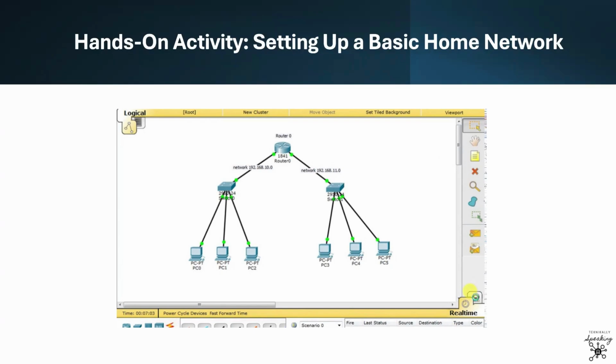Now, in the tech world, networking is the backbone of IT, and understanding how devices communicate is essential. This assignment here will introduce you to real world networking using Cisco Packet Tracer, which is an industry standard tool for networking simulations. Even if you're not sure if networking is for you, this hands on activity will give you a taste of the work that's involved in IT and cybersecurity roles.